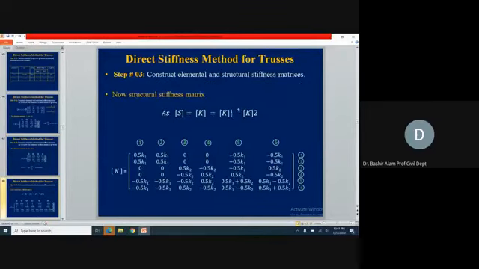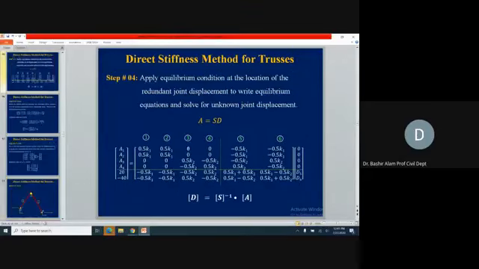Now K1 plus K2, so this is how we are adding them up and generating this 6 cross 6 matrix. Next, we go to this equilibrium equation. A we already generated, D we already generated. Now we have this. We are reducing this, corresponding to unknown forces,